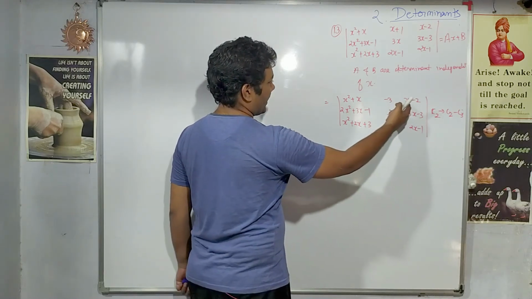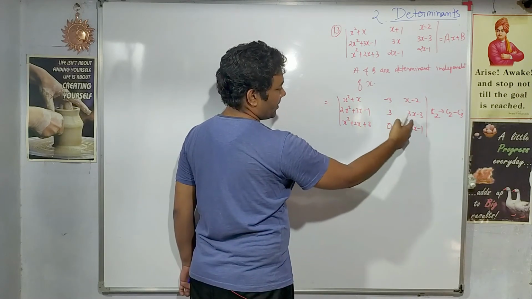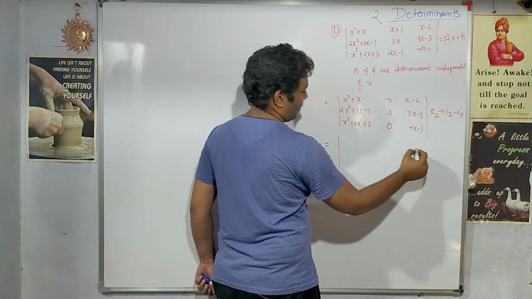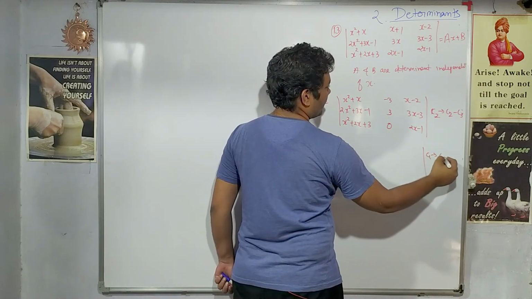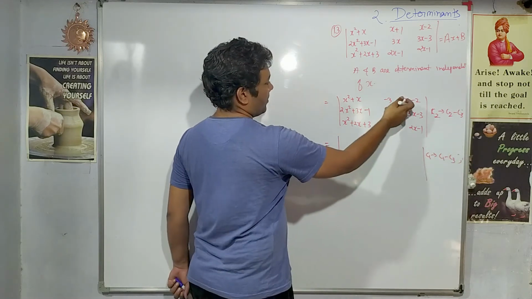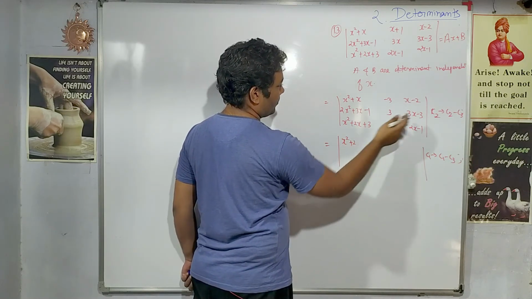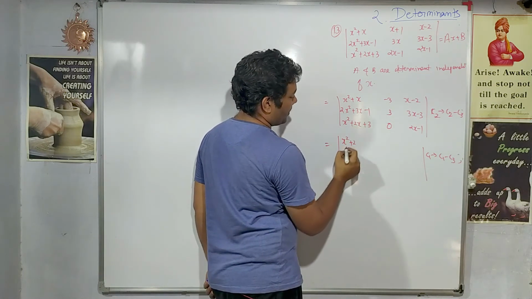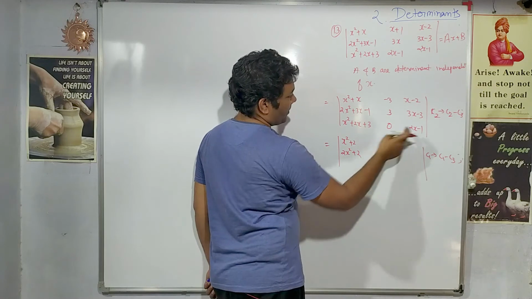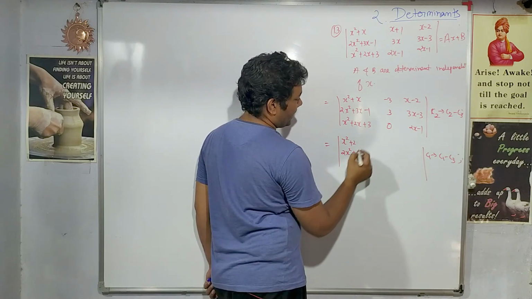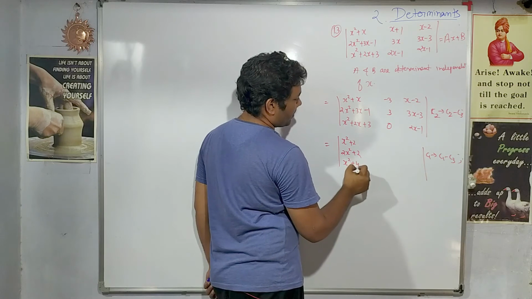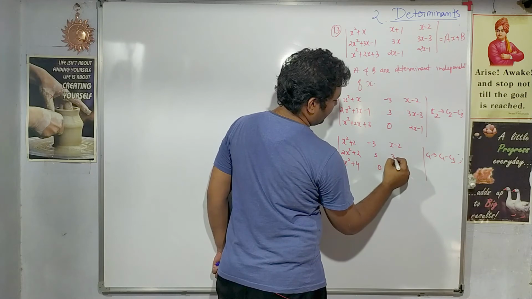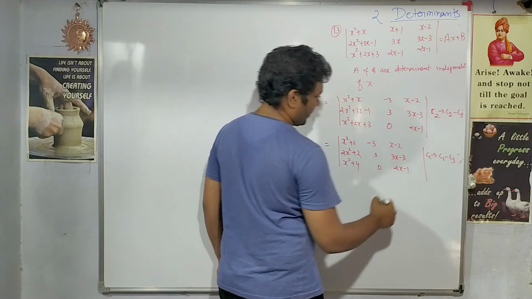Again, if I see that, if I subtract here, x will get cancelled, 3x will get cancelled, 2x will also get cancelled. So let me carry out that operation on the column 1, that will be c1 minus c3. So x square plus 2, this subtraction if I do here, then plus 3 then plus 2, so 2x square plus 2, this one 2x gets cancelled, and plus 4, so x square plus 4 it will become minus 3, 3, 0, x minus 2, 3x minus 3, then 2x minus 1.